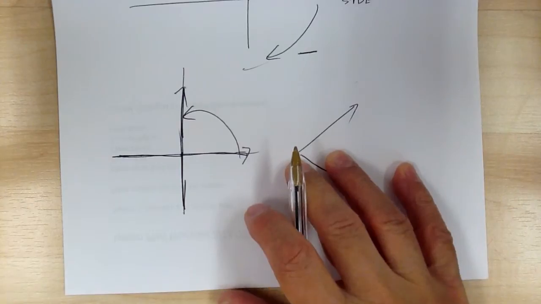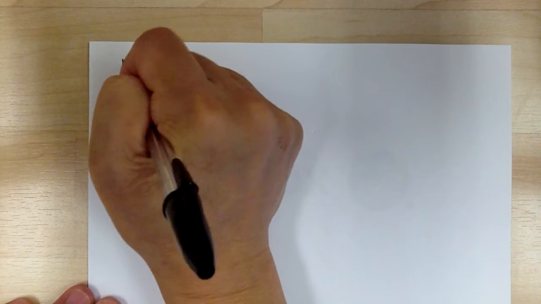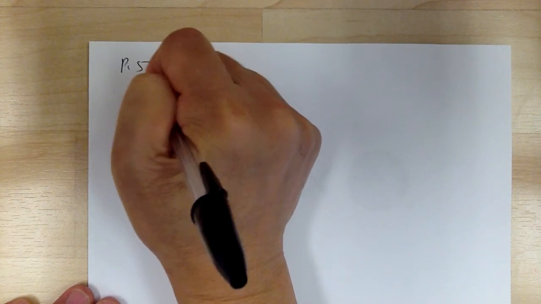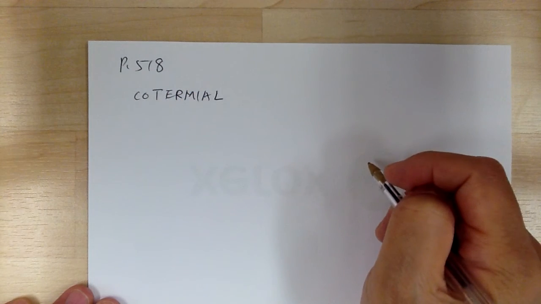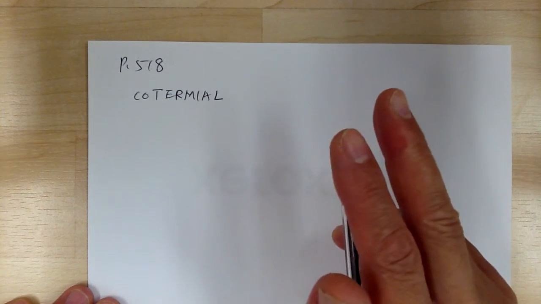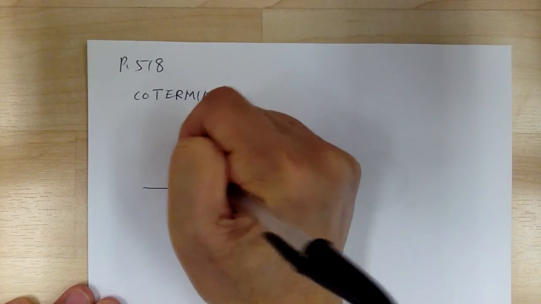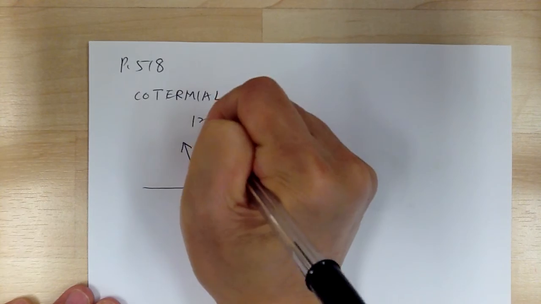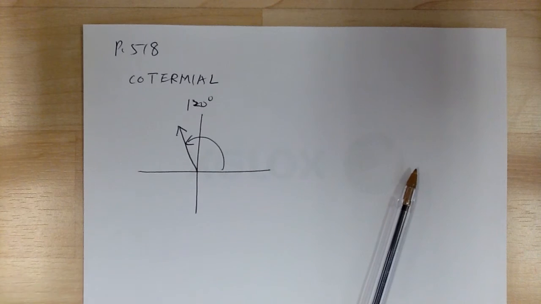Okay, now let's go to page 518. On the top, you have a term. It says coterminal. Coterminal angles means the two angles have the same beginning and the same end. So for example, let's say if you have 120 degrees. Okay. Now the coterminal example of that would be